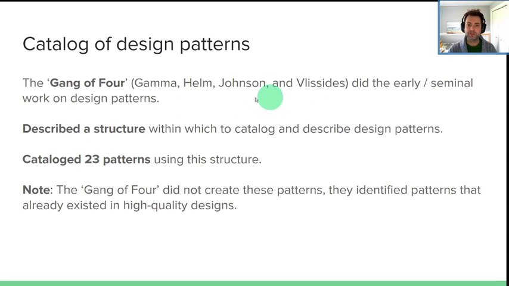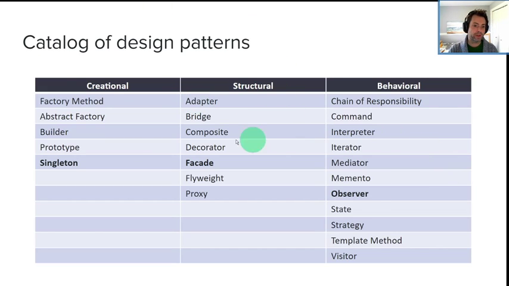Now these people, who are software engineering researchers, didn't create the patterns, right? They didn't spend years of their lives coming up with 23 brand new solutions. They just looked at what already was out there, right? So let's look at open source projects. Let's look at industry projects. Well, it turns out that when we make, let's say, an API, we're probably using a facade pattern. It probably wasn't called facade until they sat down and modeled it out and looked at the structure and realized, hey, this is a facade.